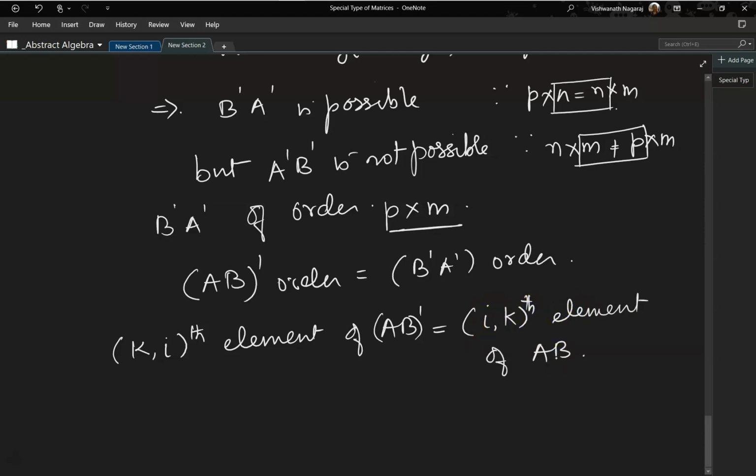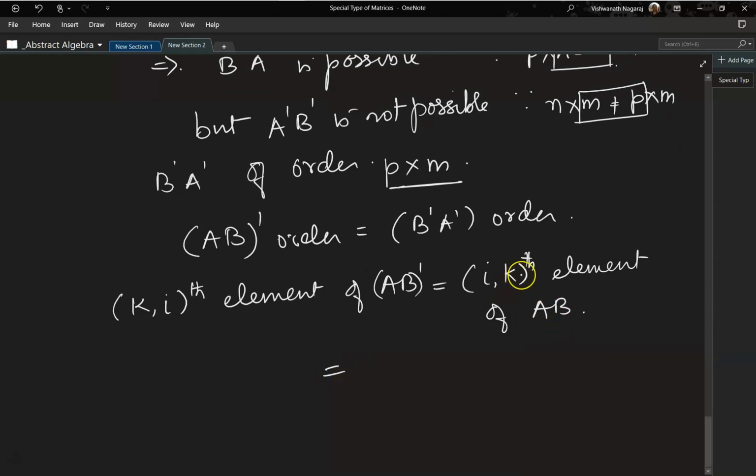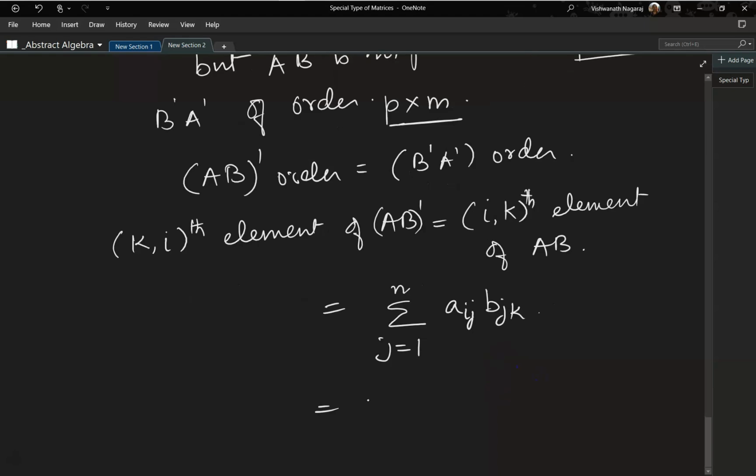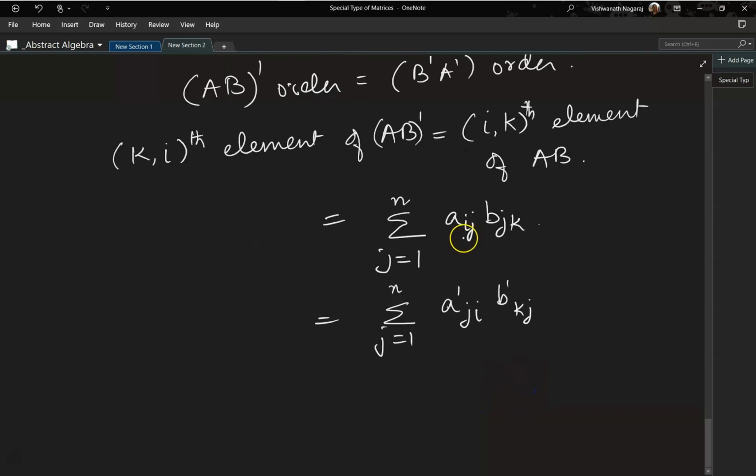So we start off from AB, and finally we show that it is equal to B'A'. Now the i, kth element of AB can be written as the sum from j = 1 to n of Aij Bjk, and this can be replaced with the sum from j = 1 to n of A'ji B'kj, basically the transposes of these two, which is equal to, again, the sum of